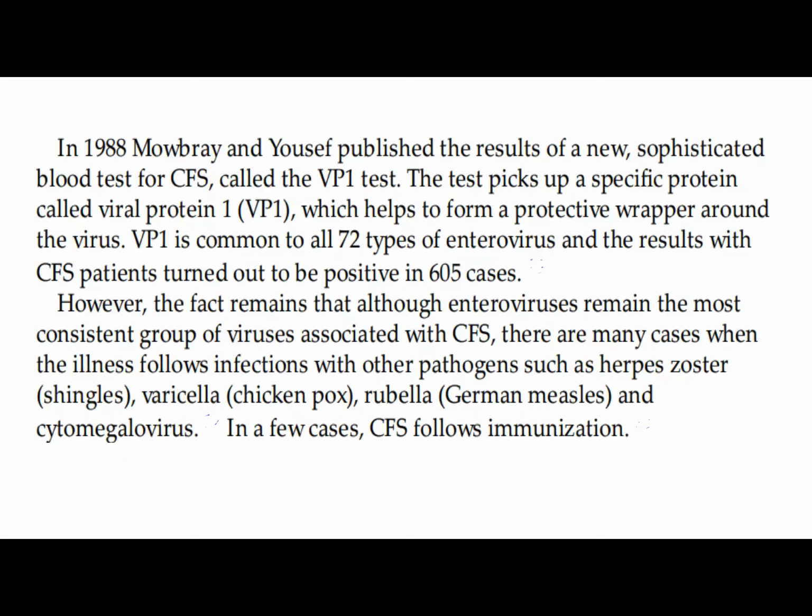In 1988, Mowbray and Youssef published the results of a new sophisticated blood test for CFS called the VP1 test. The test picks up a specific protein called viral protein 1, or VP1, which helps to form a protective wrapper around the virus. VP1 is common to all 72 types of enterovirus, and the results with CFS patients turned out to be positive in 60% of cases. However, the fact remains that although enteroviruses remain the most consistent group of viruses associated with CFS,